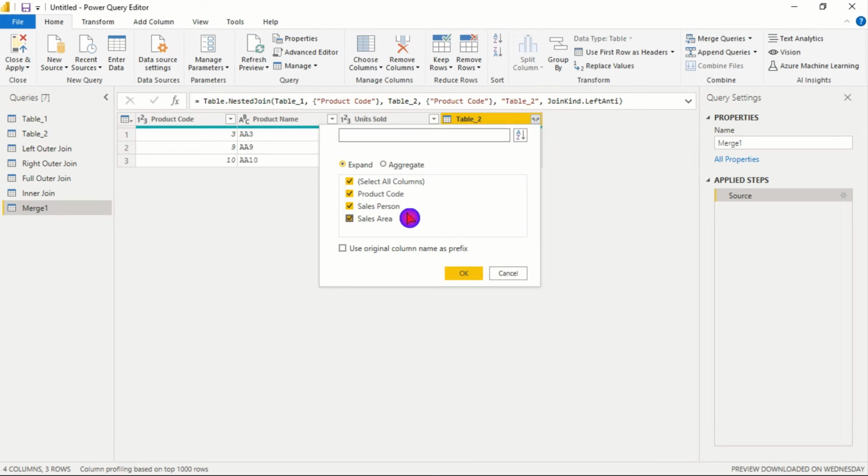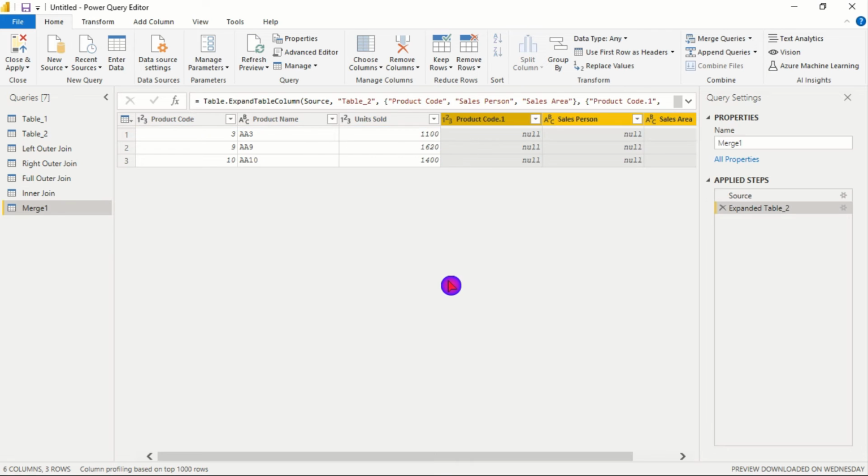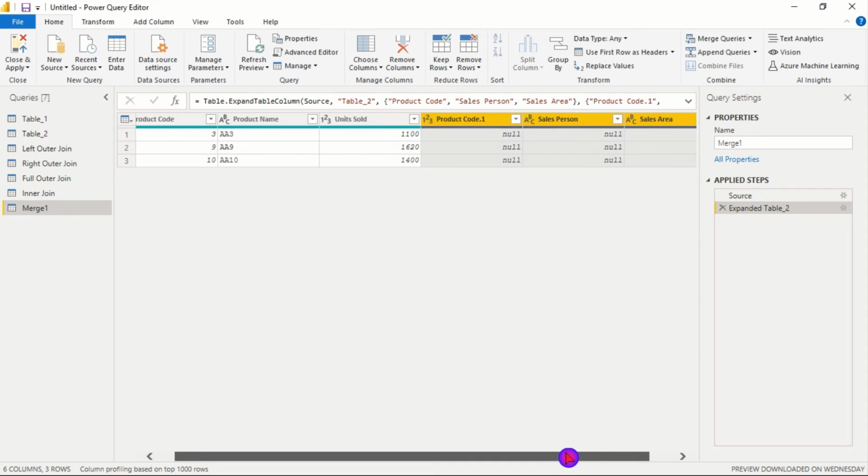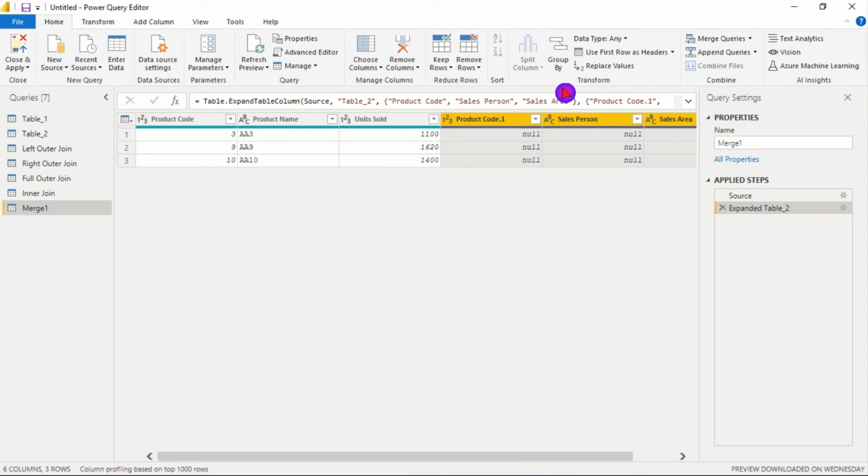So here we can see the records that are not matching. These are the records of table 1 that are not matching with table 2. So you can see in table 2 we have null values from the columns, meaning that there are no records that are matching with table 1. So this one is left anti-join,